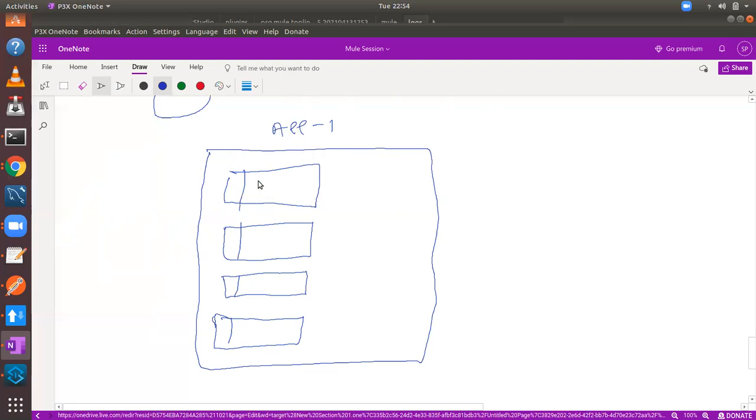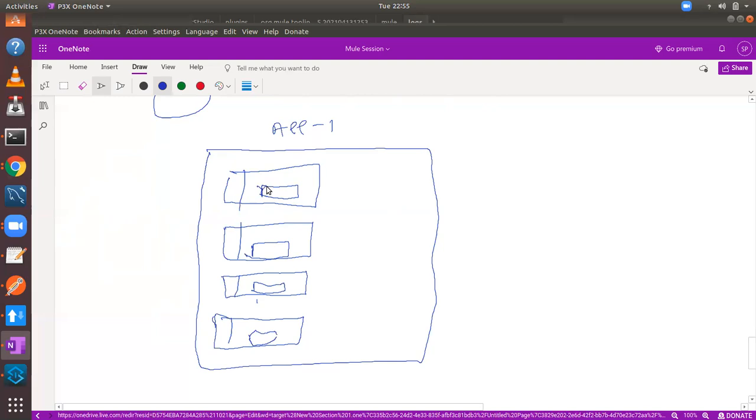The 4 flows have the same kind of error handling activity, so there is an error handler associated with each flow.